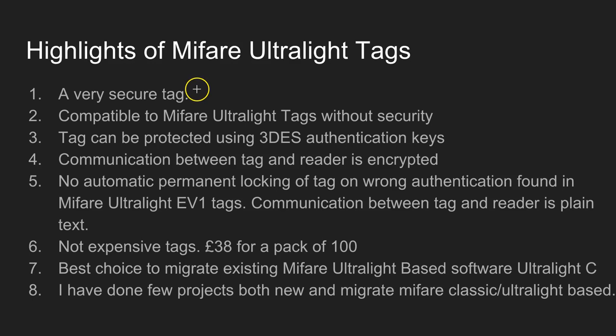These tags are very secure, unlike the Mifare Ultralight. The tags are compatible with the Mifare Ultralight tags. You know that Mifare Ultralight tags do not come with any security. This tag uses 3DES authentication, so you can protect the data using a password, and this is based on 3DES encryption. The communication between the tag and the reader is also encrypted,